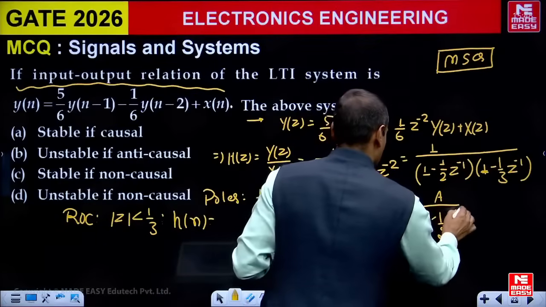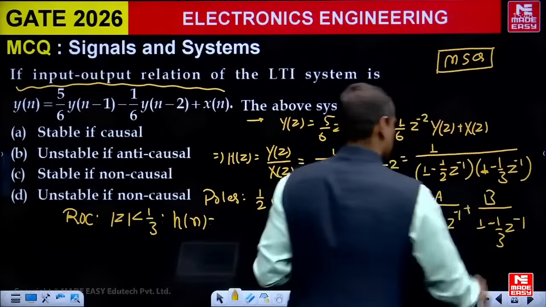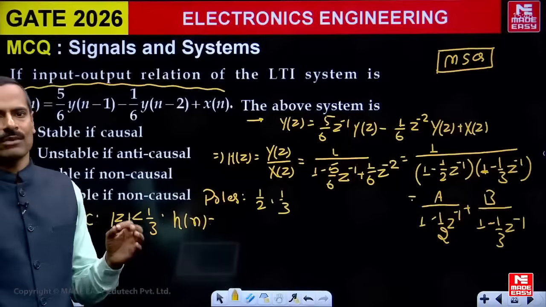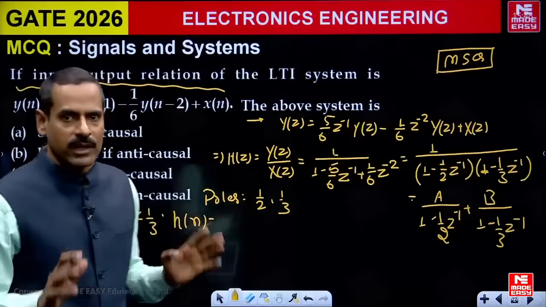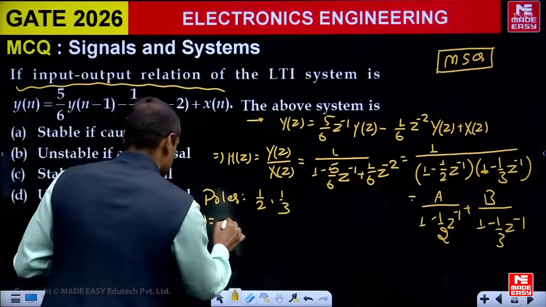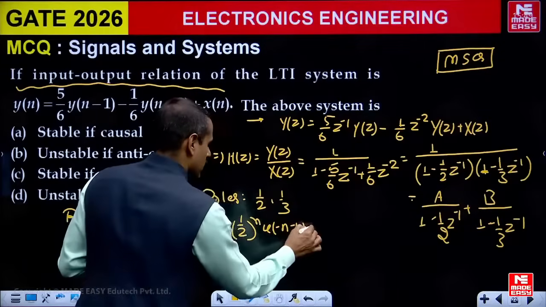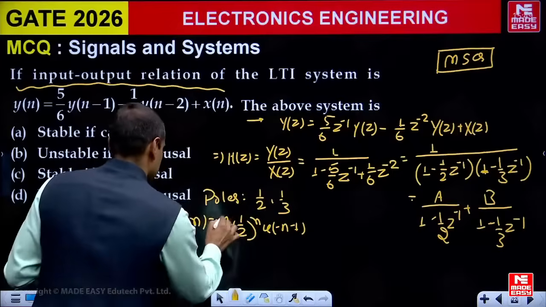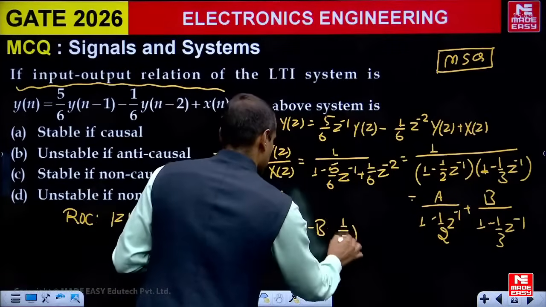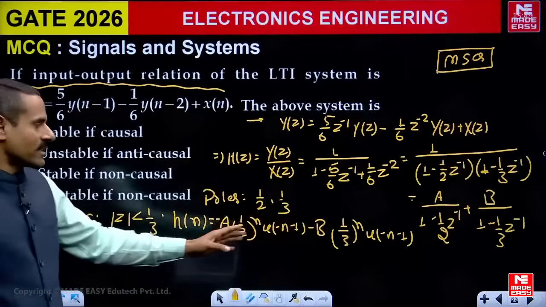अच्छा, अगर आप पार्शियल फ्रैक्शन करते तो क्या लिखते? A/(1 माइनस 1/2 z इनवर्स) प्लस B/(1 माइनस 1/3 z इनवर्स), इस फॉर्म में लिखते। सपोज A एंड B कांस्टेंट हैं। A एंड B के वैल्यूज कैलकुलेट किए जा सकते हैं, बट कैलकुलेशन करने की कोई रिक्वायरमेंट नहीं है। आप यहाँ से लेफ्ट साइडेड इनवर्स लिखते तो -A(1/2)^n u[-n-1] फिर -B(1/3)^n u[-n-1]।